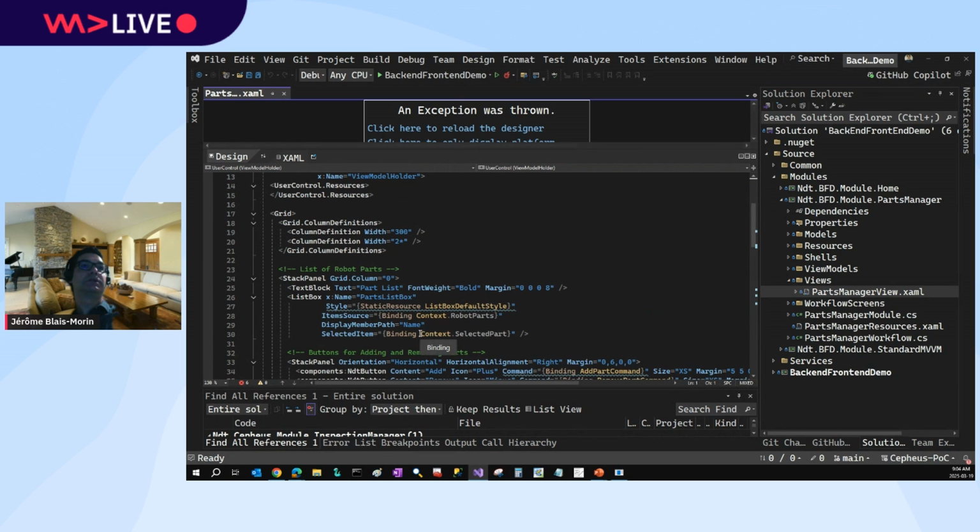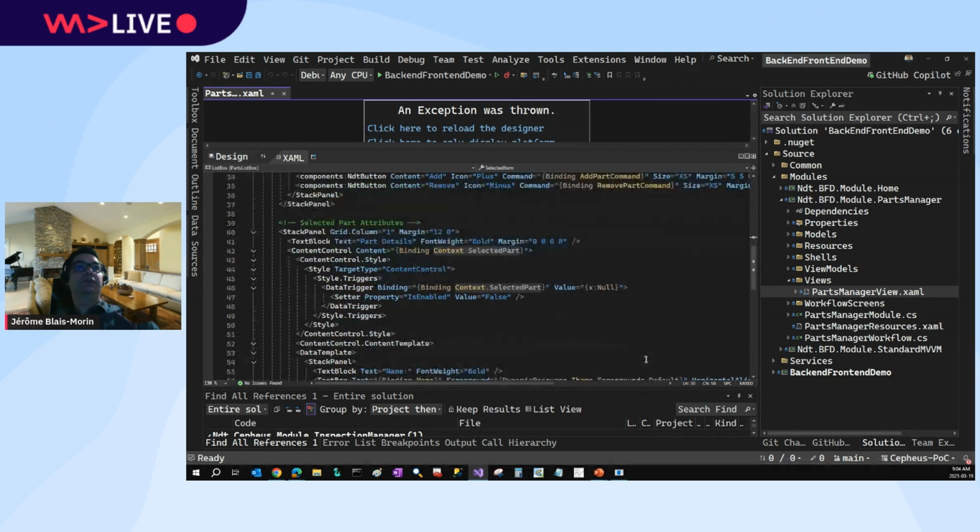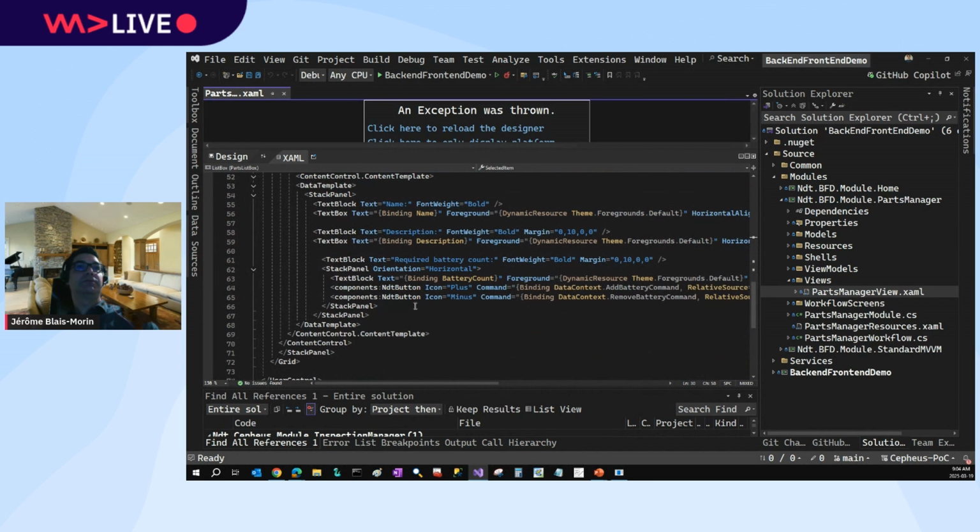as I said, context dot whatever was written before, and if we look at a command, for example, there's a button. It will still trigger a command in the view model. If I go open the view model now,